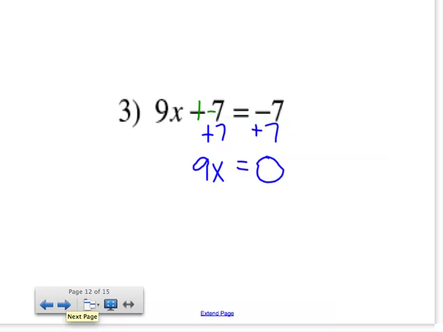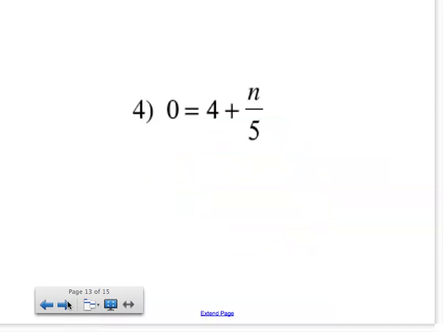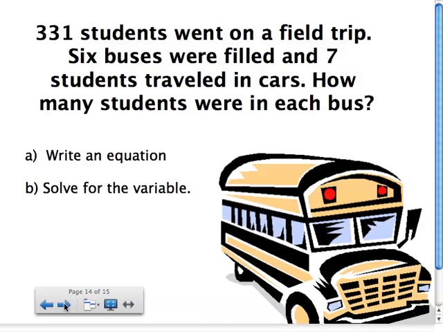All right, just to go through the steps, we're going to multiply by the reciprocal of the coefficient, which is 1/9. And 0 times 1/9 is always 0. Anything multiplied by 0 is 0, according to the 0 property. And that's about all I really want you guys to do today, besides these 2